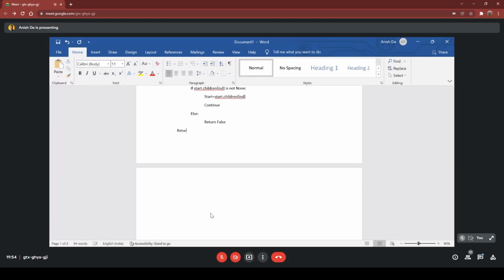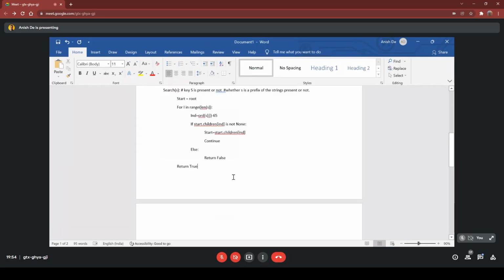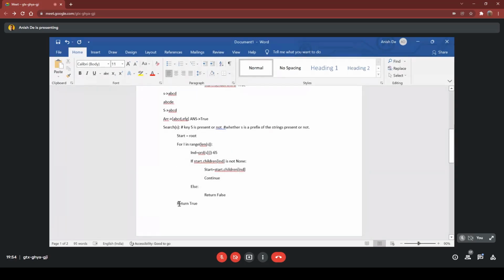If we are searching for the prefix, we directly return true because our prefix doesn't have to end at that character, at that index rather. If we are reaching that node, that prefix is already present there. So we don't have to give any check for the condition there, whether the word is ending or not. If we are checking for the exact string, then we have to ensure that the word is ending at that character or not.